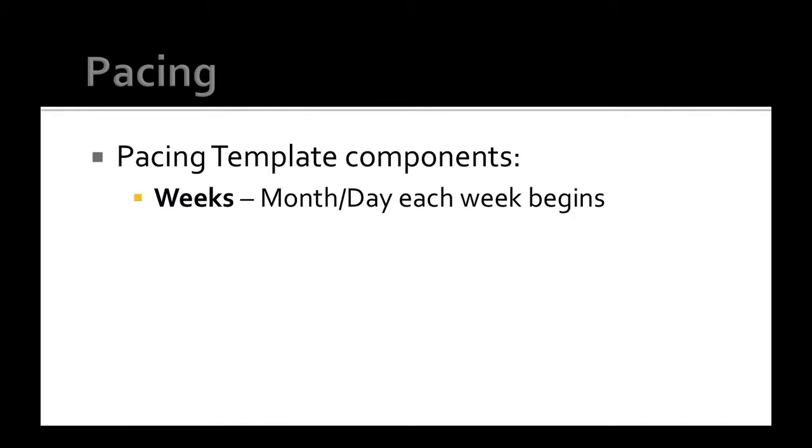As these come around, there are 3 components that you're looking to fill out for each quarter or trimester. The first component is labeled, or column is labeled weeks. What that intends you to do is to write the month and day that each week begins in that quarter or trimester. So if it were August 7th, and then August 14th, and then August 21st, all you're doing is writing the month and the day that begins that week. I always find it very interesting when I help schools do this because it really lets you know whether you have decided to have even quarters and trimesters or very oddly lengthened ones.